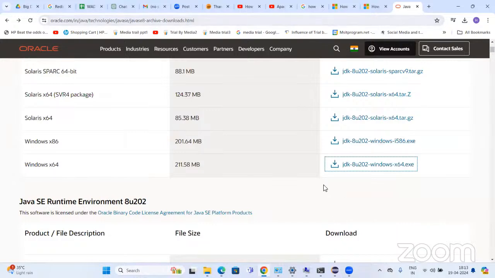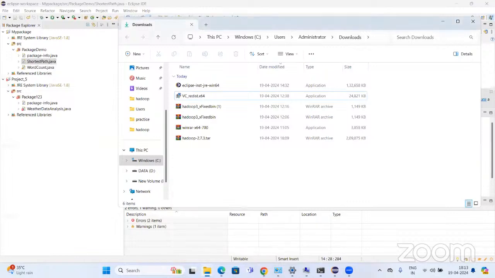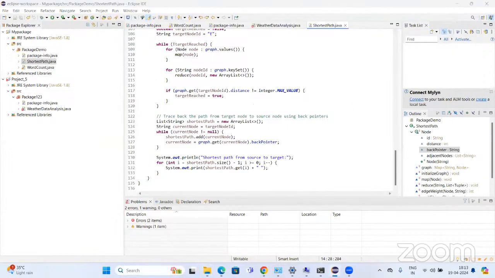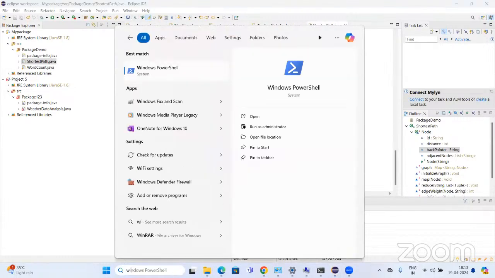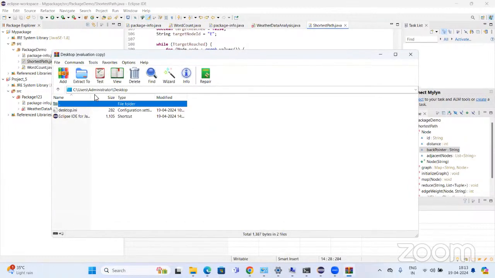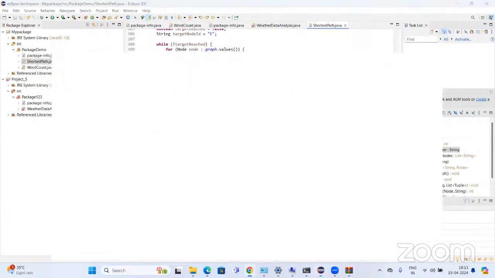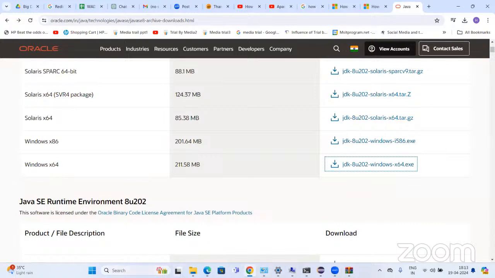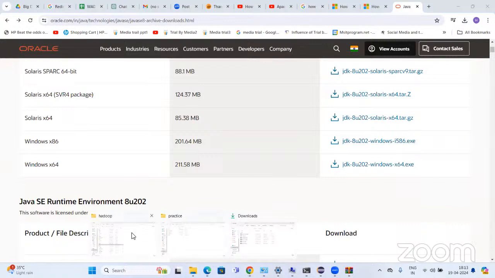After Java has been installed, what you're going to do is obviously extract it. So I will just open WinRAR. You can extract through this or through anything else. It is up to you. So after you've extracted and you've gotten Java in your